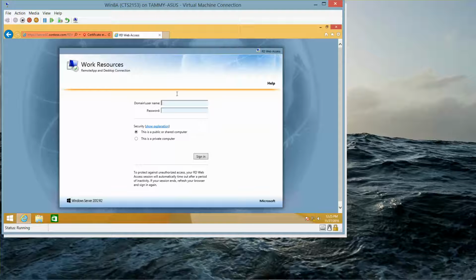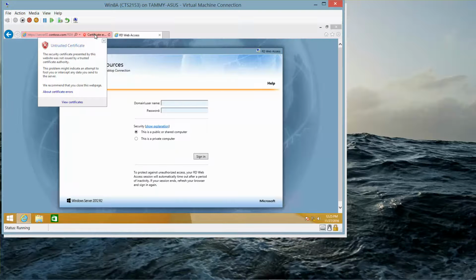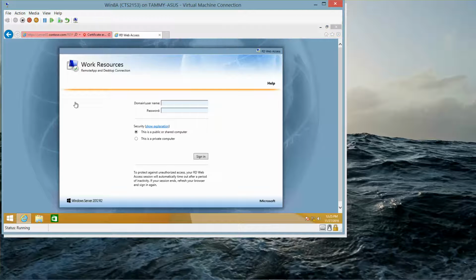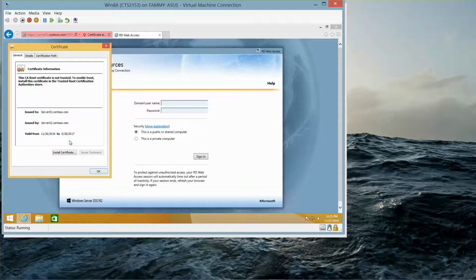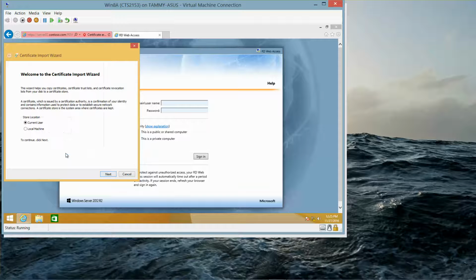We're going to click on the certificate error, and then click View Certificate. And then we're going to click on Install Certificate, and then Local Machine,